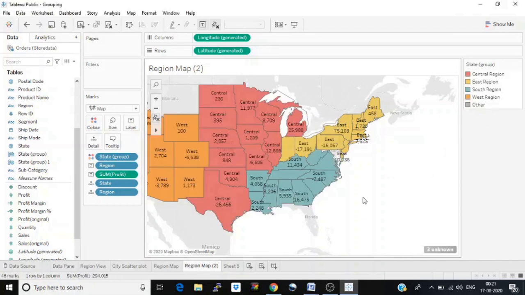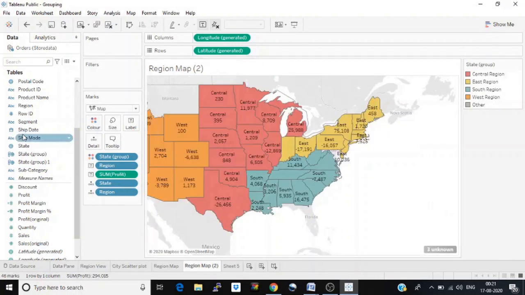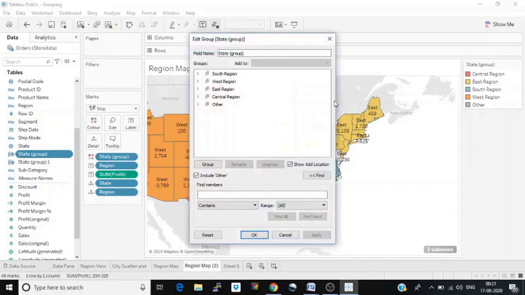Okay. Now you see I have missed some because they are such minute states over there. So for now I will just exclude that, or if you don't want to exclude you can just go to the group, edit group and see what states are remaining. Either you can distribute them into other regions or you can exclude them.